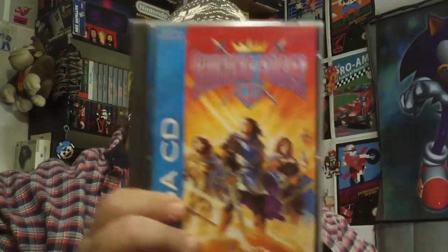A few other Sega CD games that I have that are notable, that I'm going to show. I don't have a lot of the really expensive ones like Keio Flying Squadron or some of the other ones, but I do have a couple different ones that are worth some. Let's see here. This is my original copy of Shining Force CD that I bought when I bought the console,